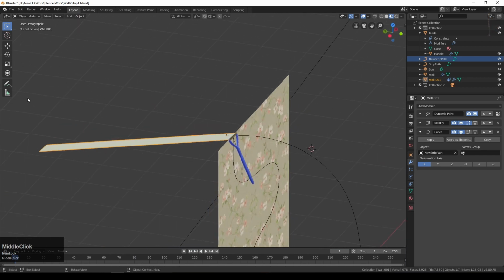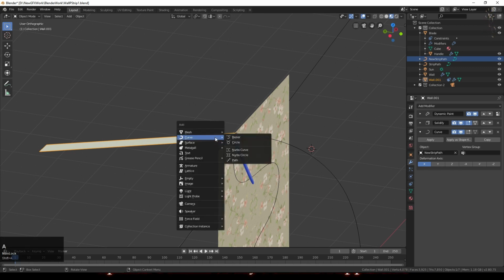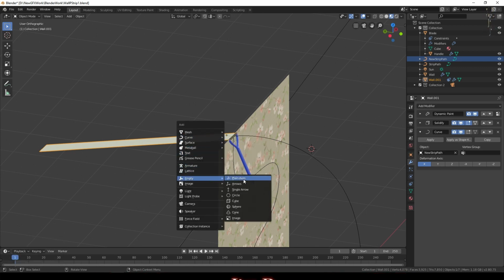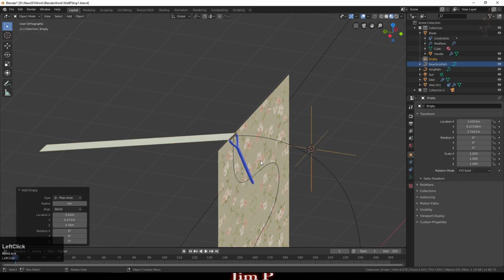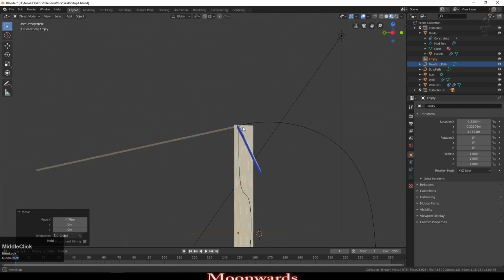And what I now need is for this strip of paper to just move along this path and also to always be connected to the blade. Now I've tried many times parenting it directly to the blade, and I just couldn't get everything to work because the blade had other rotations on it which were causing complications. However, the solution I found was to add an empty. So I'm adding an empty plain axis here, and I'm just going to put it here. It doesn't have to be here, I think, but nevertheless this helps.